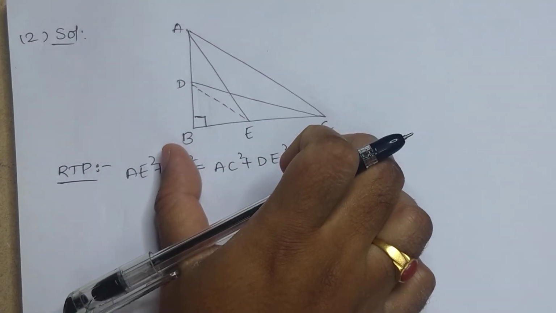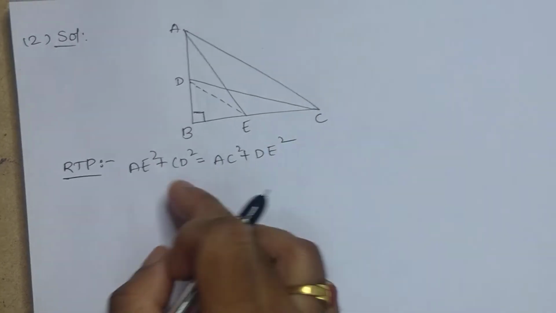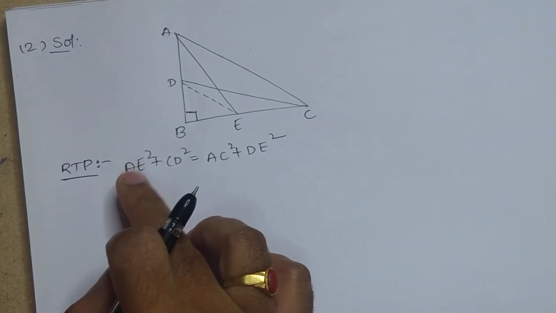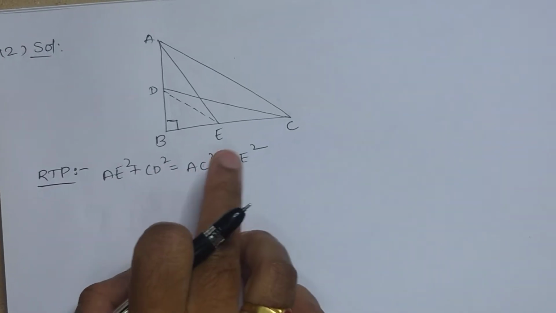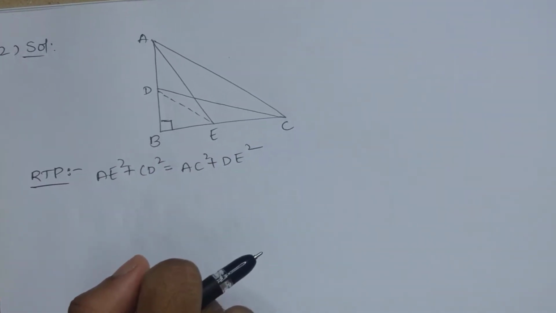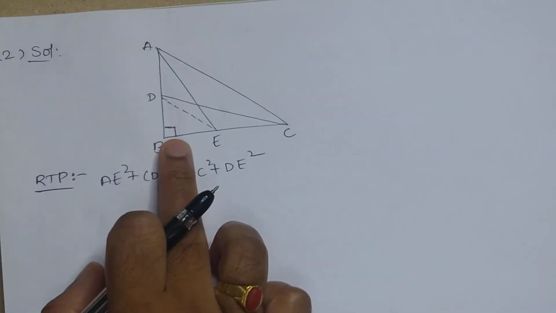Clear? See here, let's now enter into the solution. I have just drawn the figure which was given in the question. So what is required to prove is AE square plus CD square equals to AC square plus DE square. So when you see the figure here,